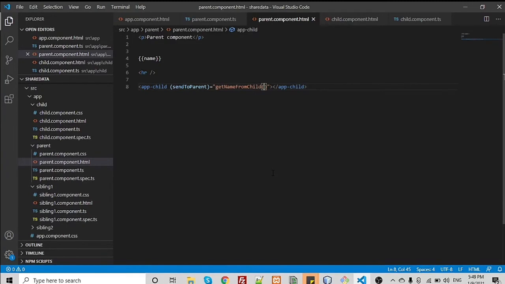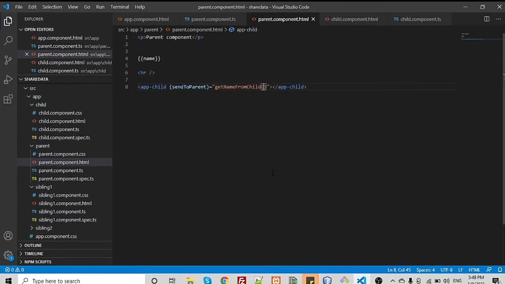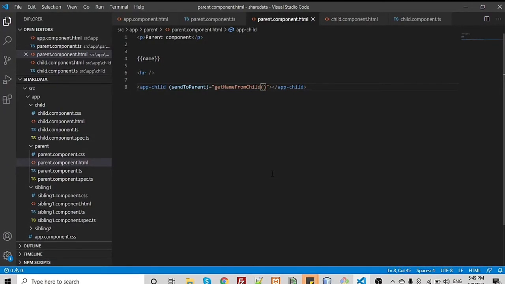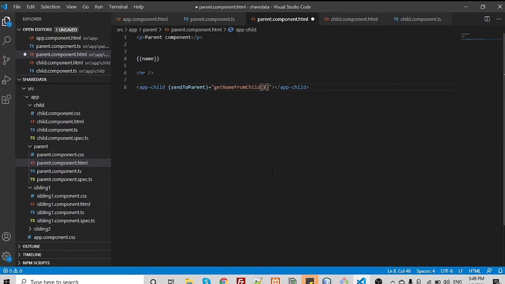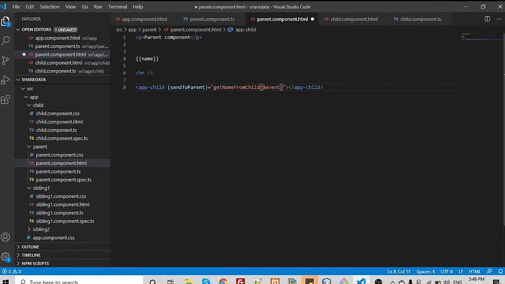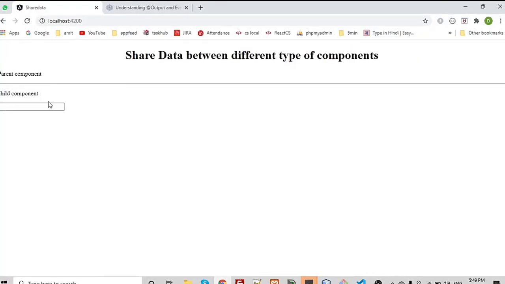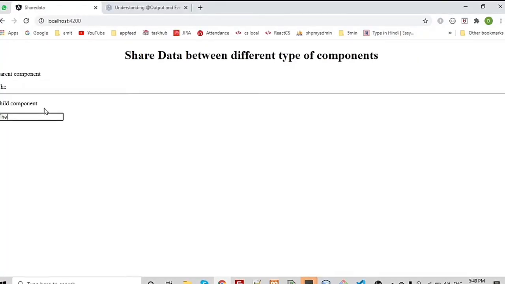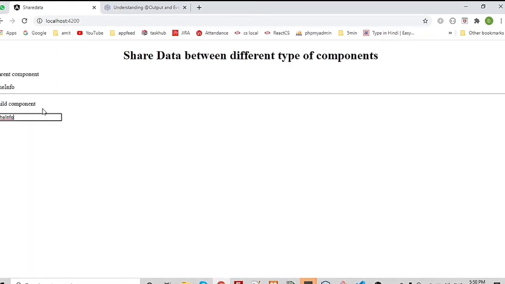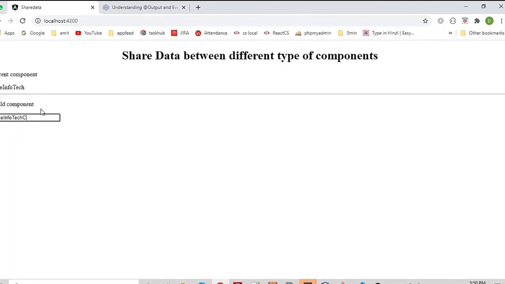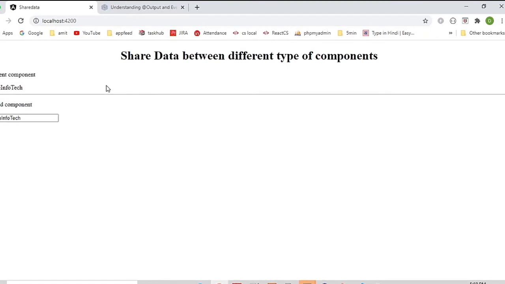Actually, we are not getting the value in the parent component because we have to pass here not name but $event. Now let's see. Write anything like infotech. As you can see, we are getting the value from the child component now.